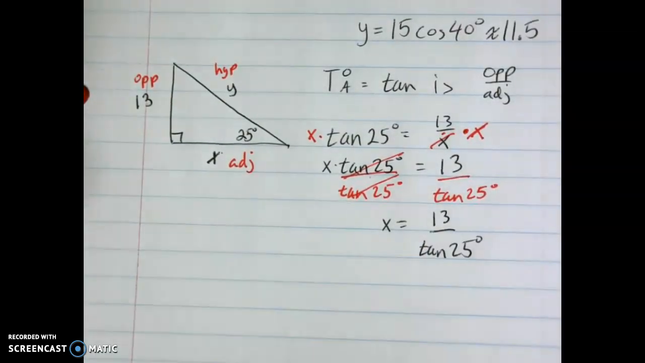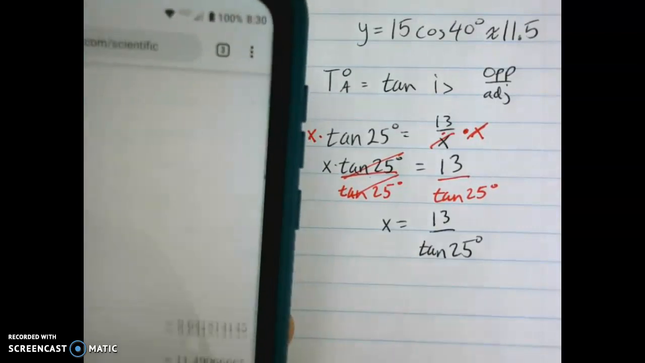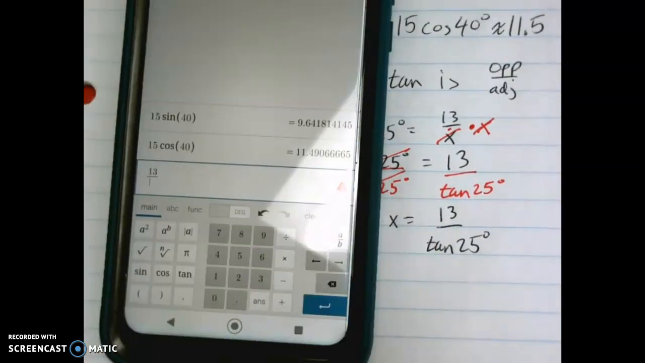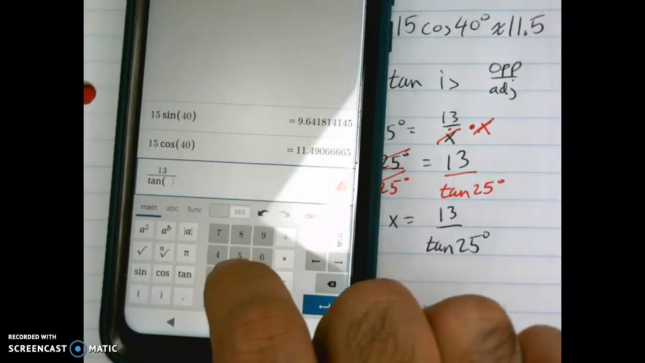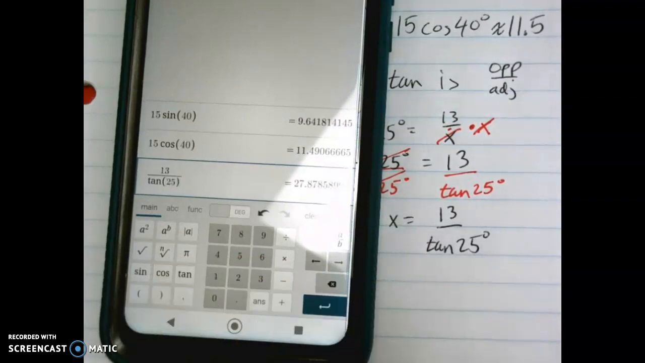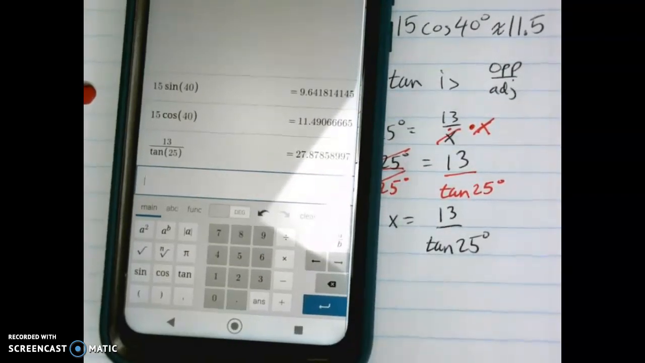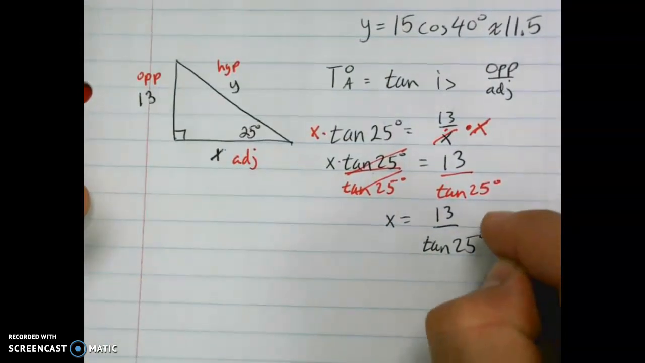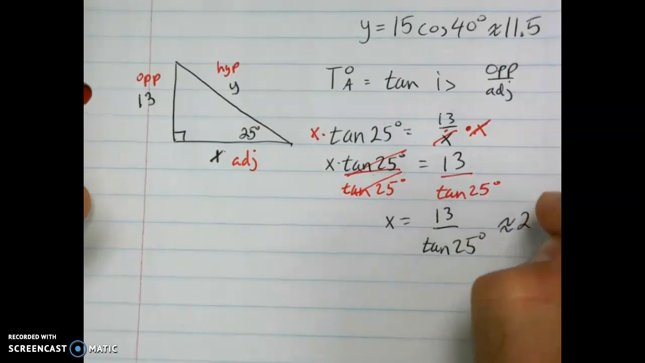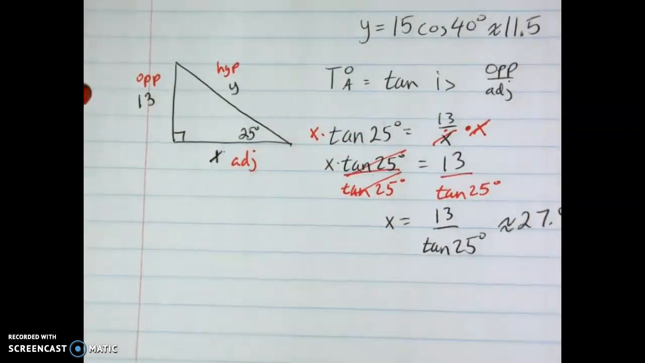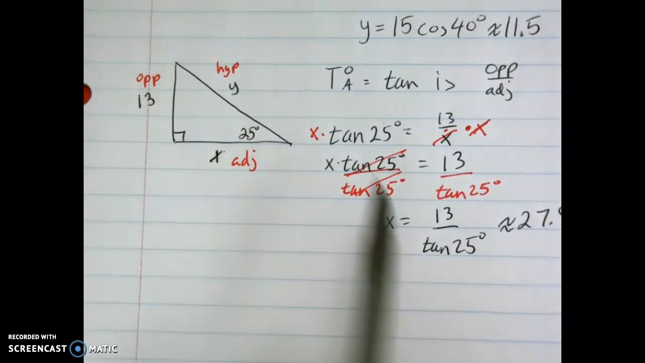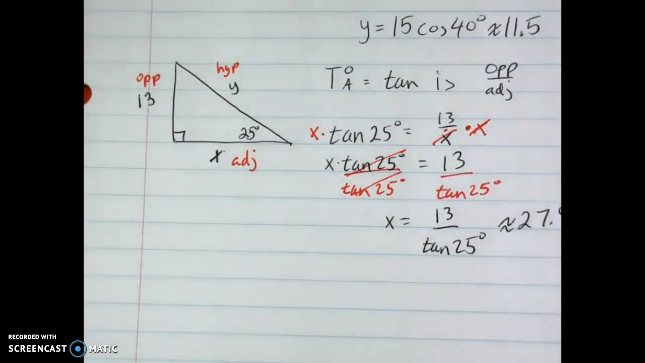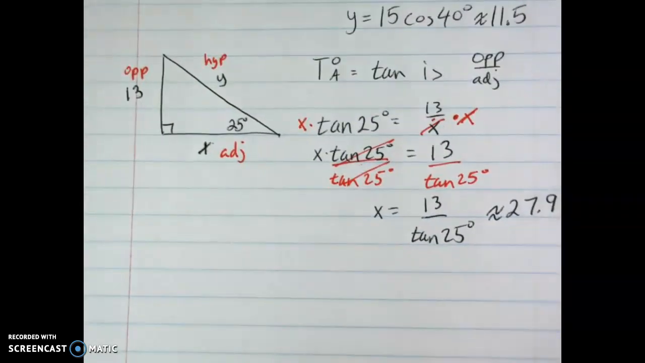And it's crucial that when we do this, we do 13 divided by tangent 25, which equals 27.87, so we'll round that to 27.9. Okay? Now in this situation, this is a longer side than 13. Okay? We're going to have to do a very similar approach for the other side, for y,